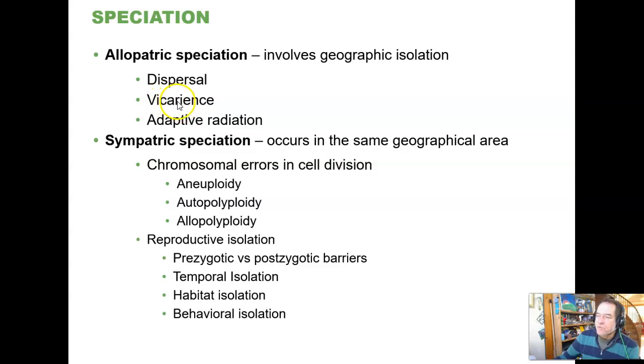Vicariance is where the world splits in half, like the ancestors of monotremes and marsupial mammals in the southern hemisphere of Pangaea when it broke apart. That's a vicariance event. Everything sailing off in the southern oceans all the way over to where Australia is today, that was a vicariant event. And the animals that were on Australia evolved into their own unique species, irrespective of what happened back in what's now South America, and what happened in the northern hemisphere.